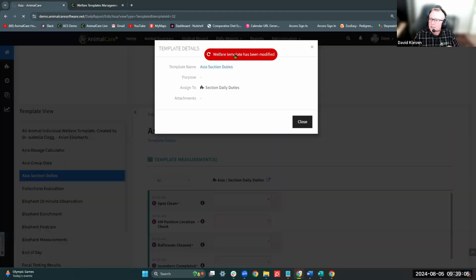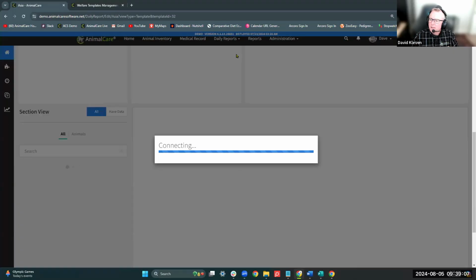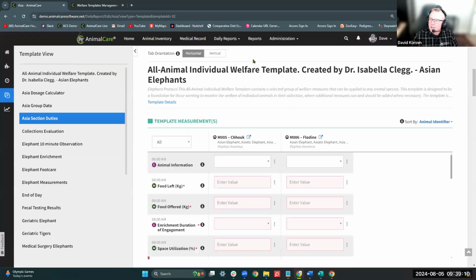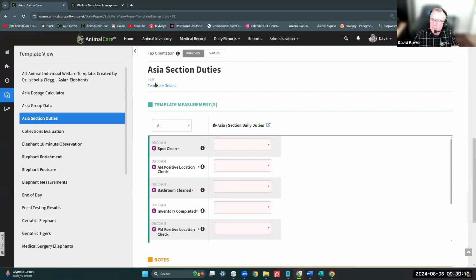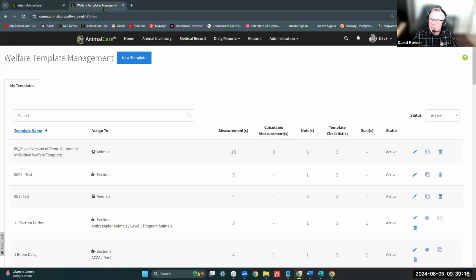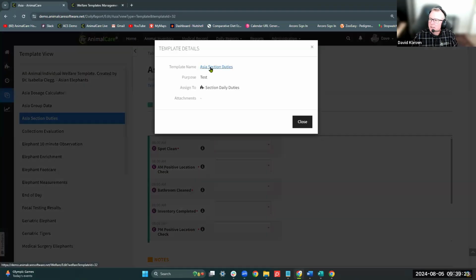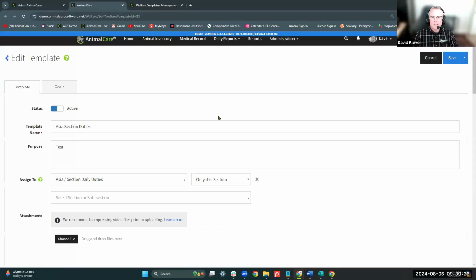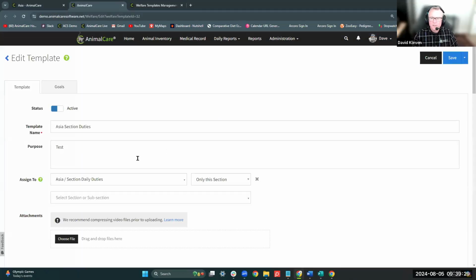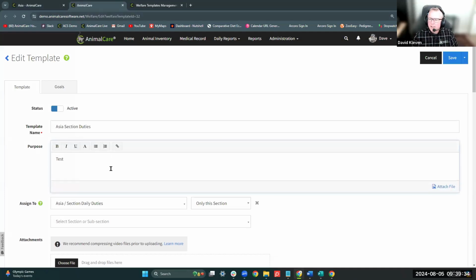So if I refresh this, you'll see test. That's just all I typed, right? And template details. So in this template, go back here. You can write out the SOP for the entire section if you want, how everything's supposed to operate, and have it just written here. You can have attached photos, videos,